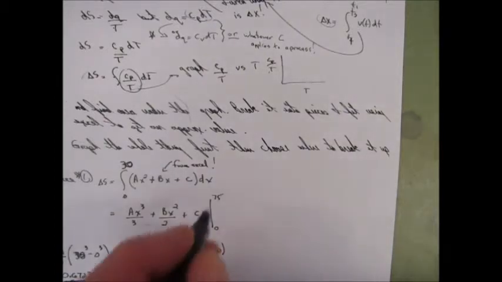So do you see what I did? I just went ahead and said I'm going to integrate this, and I'm going to get the generic form, right? A x cubed over 3 and so on, and I'm going to integrate it from 0 to 30. So you can see how you can integrate this between 0 and 30, and this is what you get. And then I put in my values to calculate a number. So this is the area, and the units are always